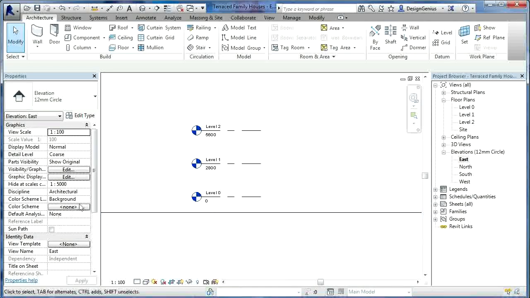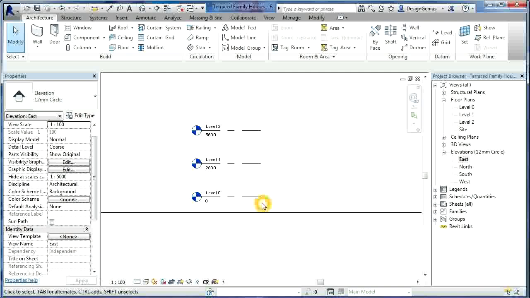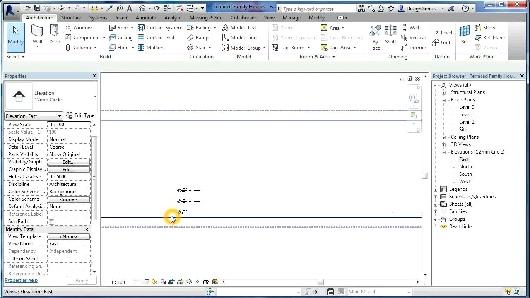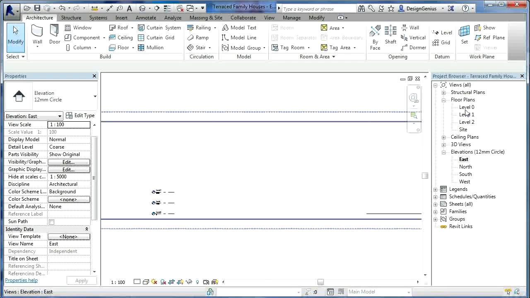A lot of times you just have got to watch out for these extents, and then remove the far clipping to no clip to see the full extent of your elevations. And that is it. So we can now go back to level 0,